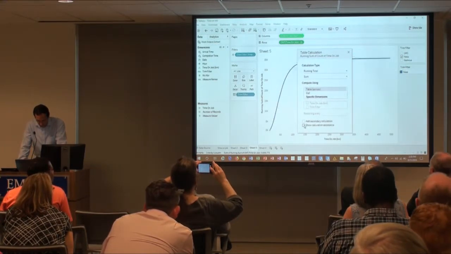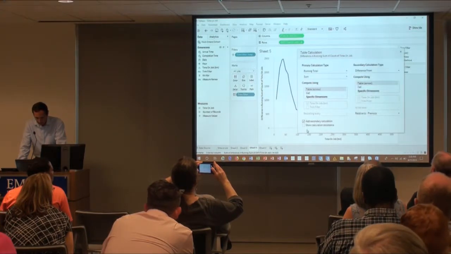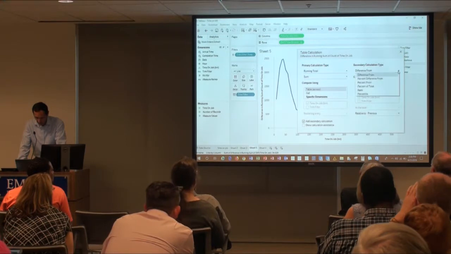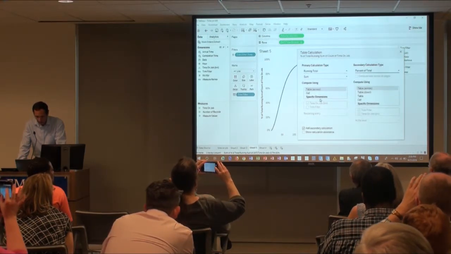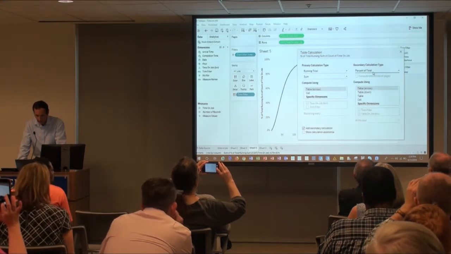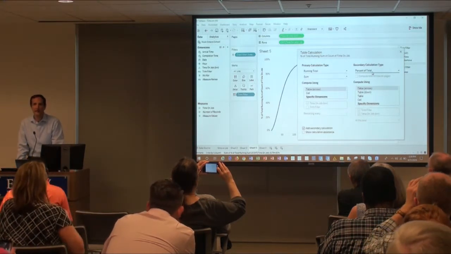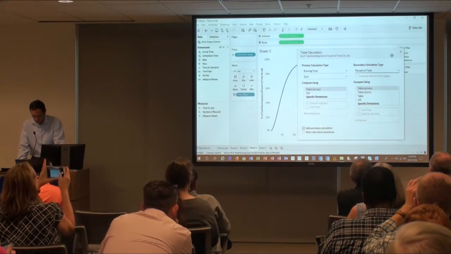Okay. What I actually want to do is add a secondary calculation. And what we can do here is percent of total. So now we've got a running total, so we're accumulating that, and then we're going to do a percent of total as a secondary calculation.